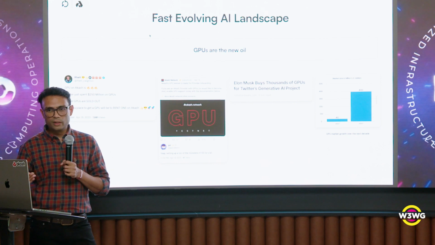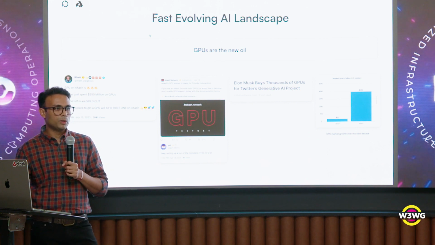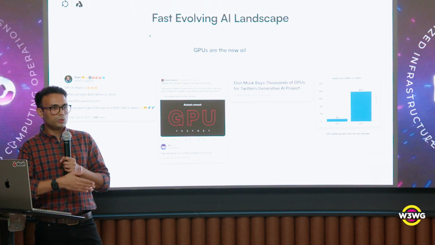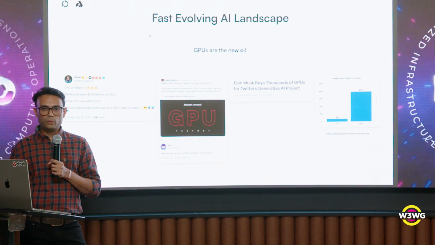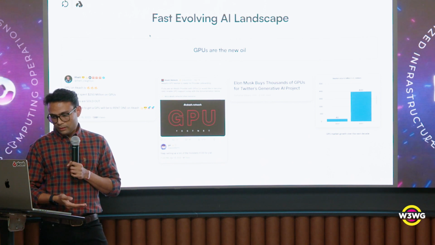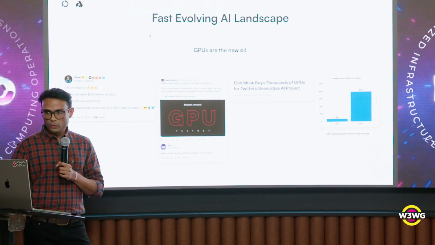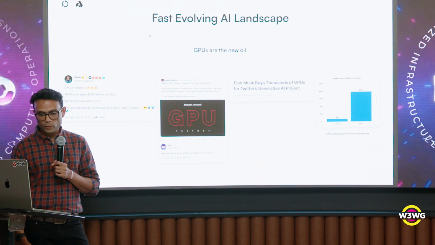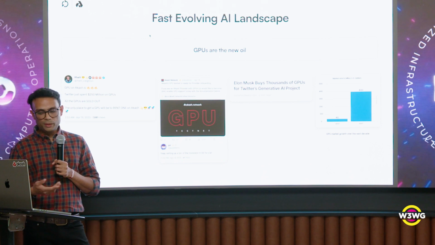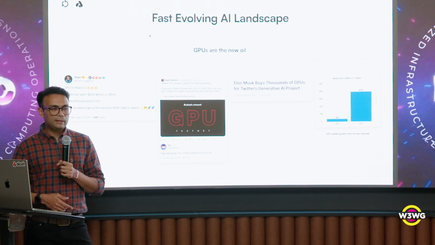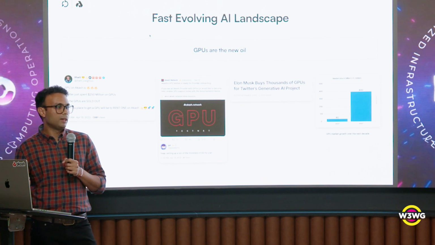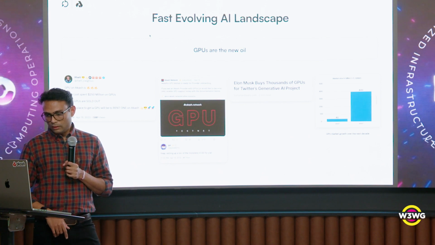Because we have heard from many people in the mining community who want to get their mining rigs, which have been turned off after the switch to proof of stake, onto the Akash network and utilize them for AI workloads. And then there's a tweet by, I believe, the CEO of Latitude, who is excited about getting H100s onto the Akash network. For those of you not familiar with what an H100 is, it's basically the latest generation chipset from NVIDIA that literally none of the big clouds have today.